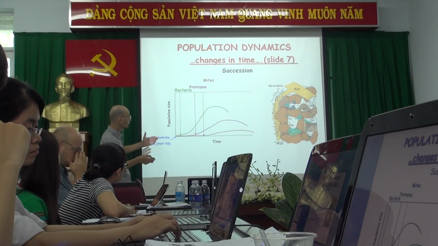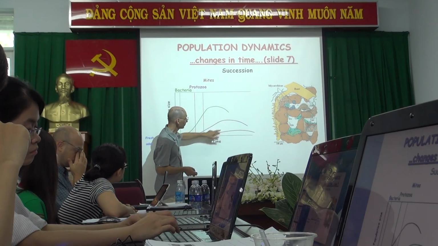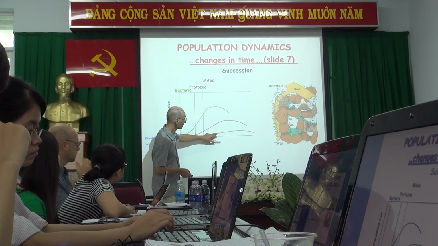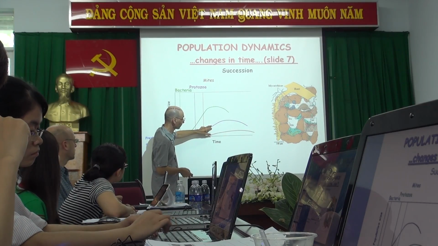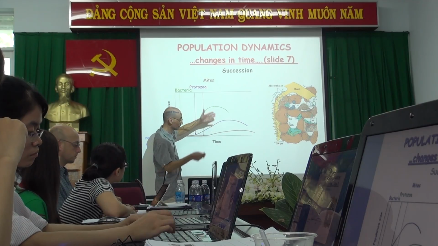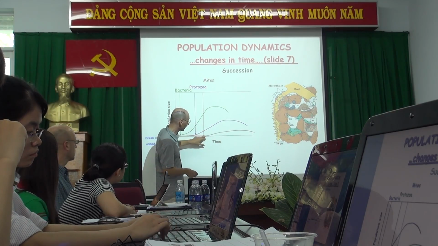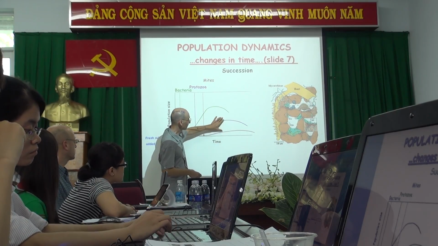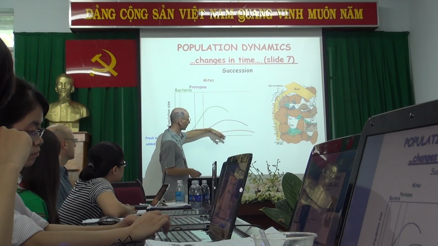Okay, and these protozoa themselves can be eaten by mites, which take advantage of the larger population of protozoa, which are eating the bacteria, to multiply. And also the mite population may increase as it's eating the protozoa. Finally,